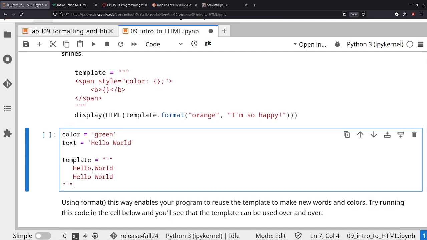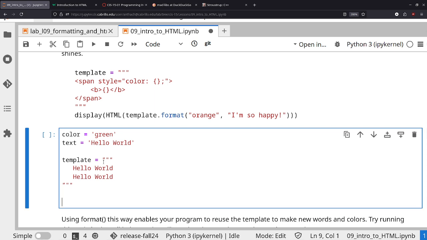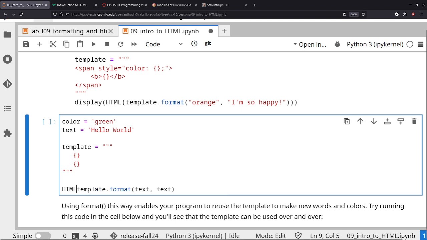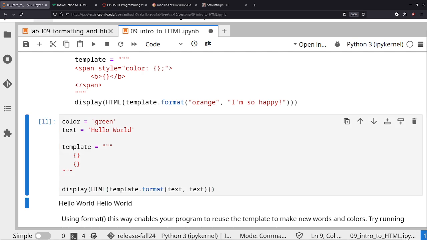There's our template string. It's not an f string, so we're going to use this template and format it. Actually, no, we don't have to format it yet because there are no holes. If anything, we meant to put two holes in here and then fill them in with this format function. We're going to put text and then text right here. This is saying that hello world will go into this first hole, and then this second one will go into here. Same thing. So I'm just going to go ahead and display it. We need to convert it to an HTML object and then render it. So let's see what this looks like. Okay, cool. We just rendered the template,